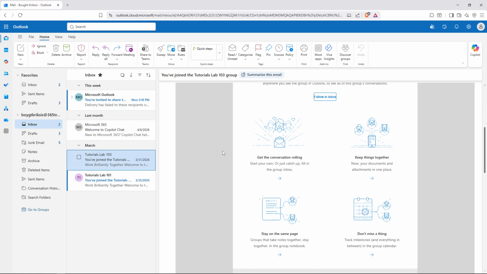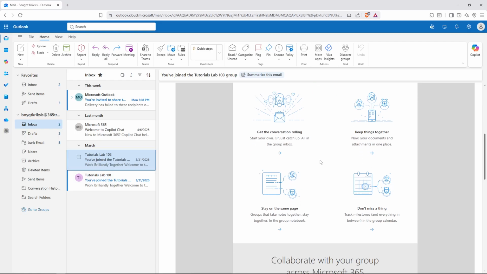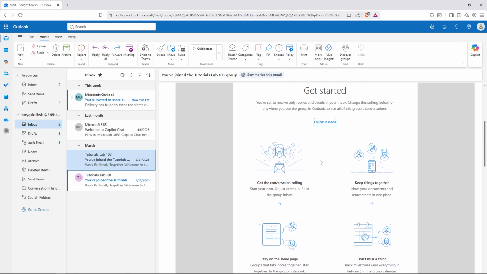First, open your web browser and navigate to outlook.cloud.microsoft. This will take you to the Microsoft Outlook web app where you can access your emails and calendar online. Once you're there, log into your account using your credentials and wait for your inbox to load completely. This is the web version of Outlook, which gives you full access to all the calendar publishing features we'll be